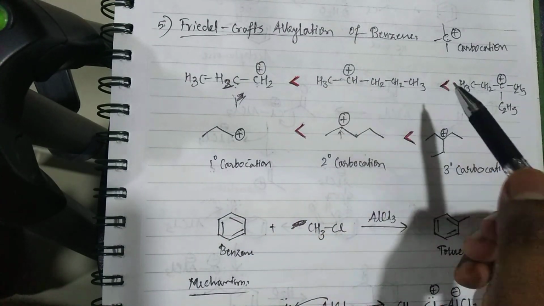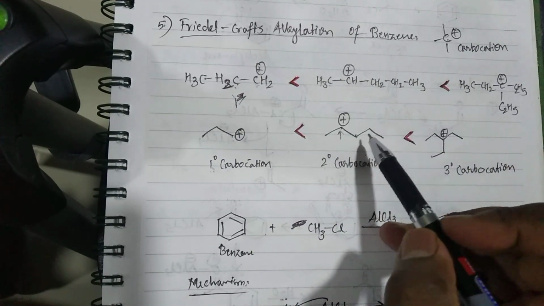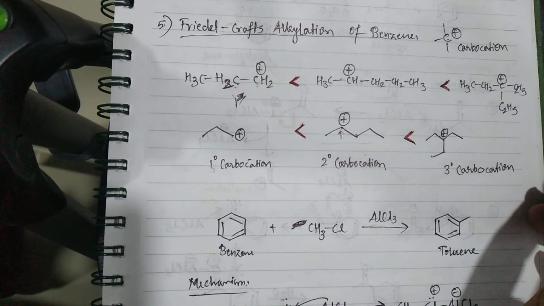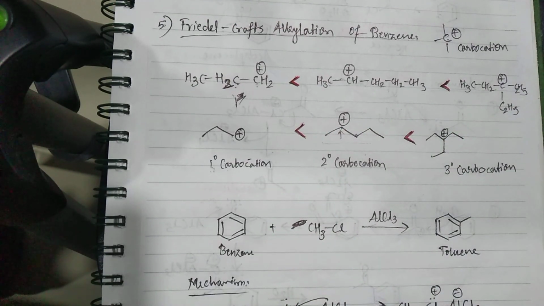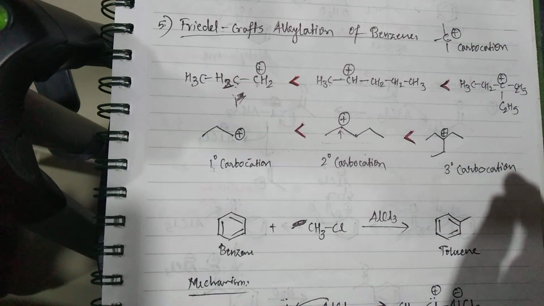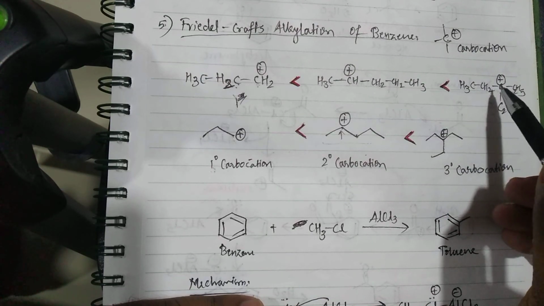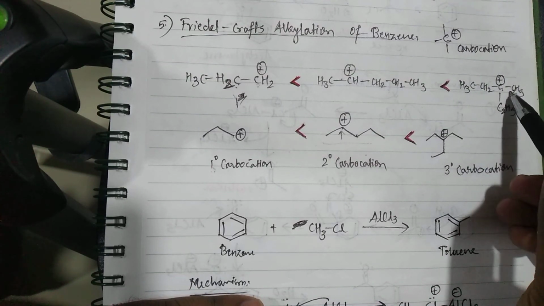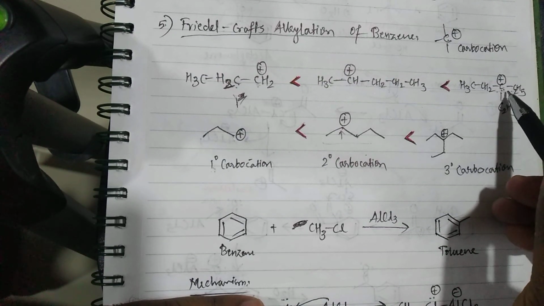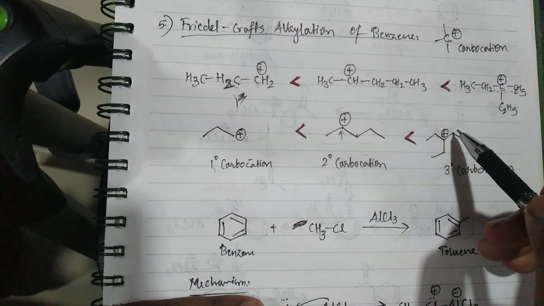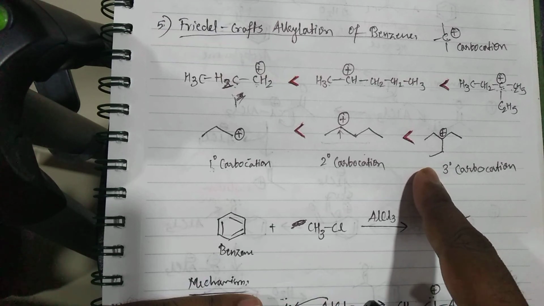Then you have the secondary carbocation here. Why? Because it is attached to 2 carbon atoms. This is the skeletal diagram. At any point of time you can pause the video and do a self-analysis, then you can rerun the video just to check if you are correct. Now here this carbon atom is a tertiary carbocation because you have 3 carbon atoms attached to this carbon. This is the special one, the site we are more interested in. And this is the skeletal structure of this molecule.